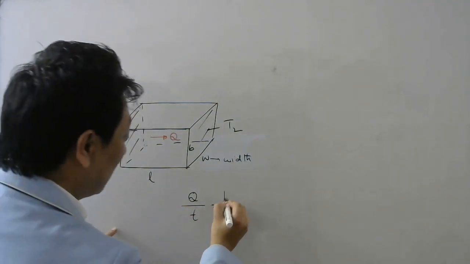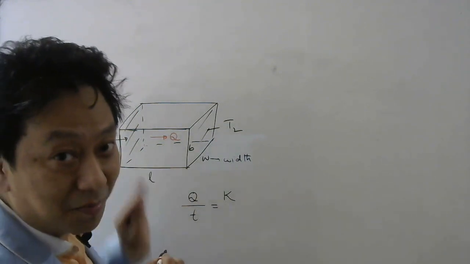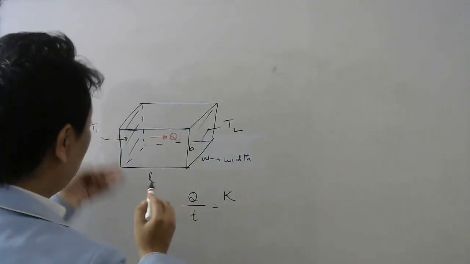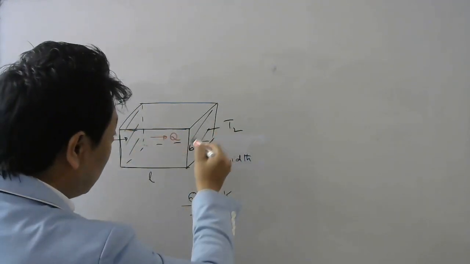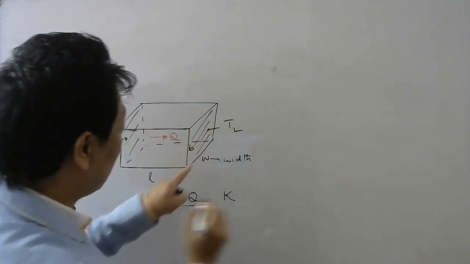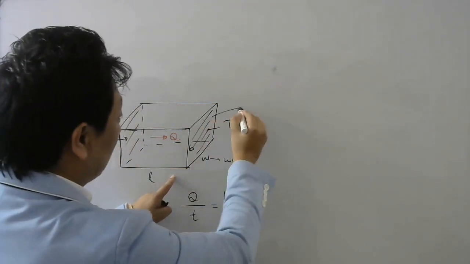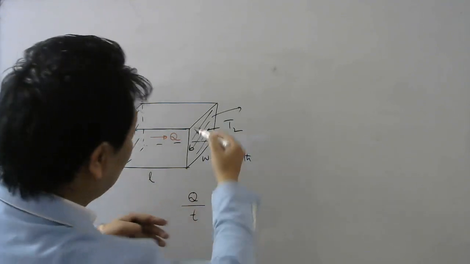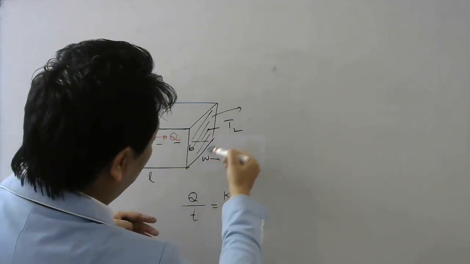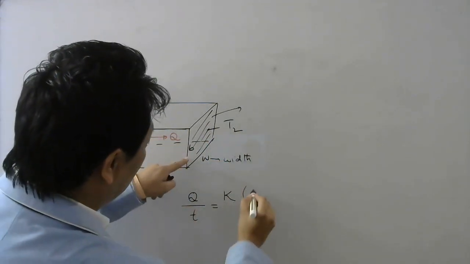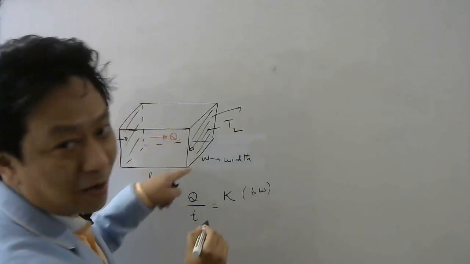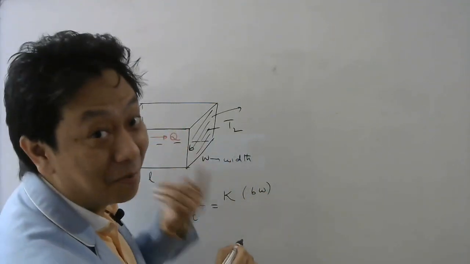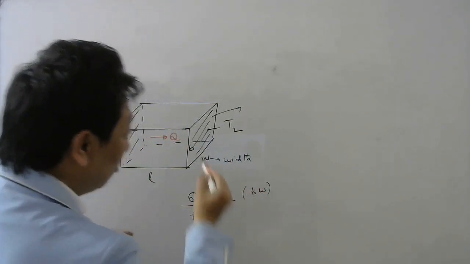Well, first is the thermal conductivity of this material, then A. Now heat is flowing this way, so I have to choose this area, right? Now what will be this area? This is a rectangle, and for a rectangle the area is length of this rectangle into breadth. So in this case it will be B times W. Any one you can say length, the other will be breadth. So here BW will be the area.